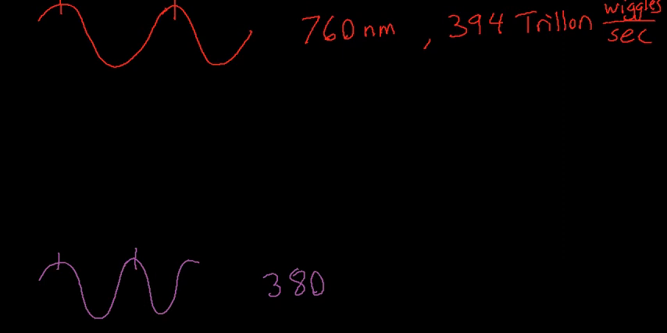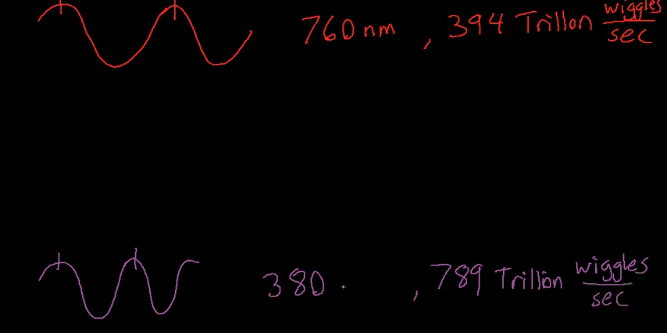Likewise down here, because I had to wiggle this twice as fast, I get 789 trillion wiggles per second, which produces a light wave at 380 nanometers. This is the highest frequency light that we can see, the shortest wavelength light. And this is violet. So right now, there are light waves coming out of the screen with this particular color